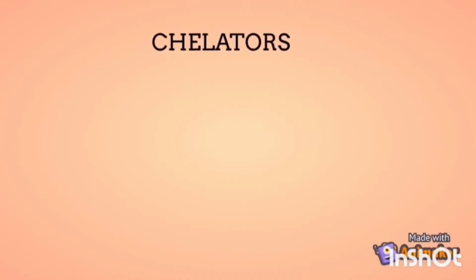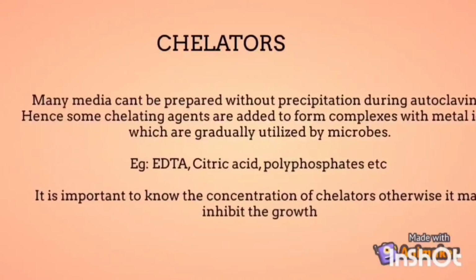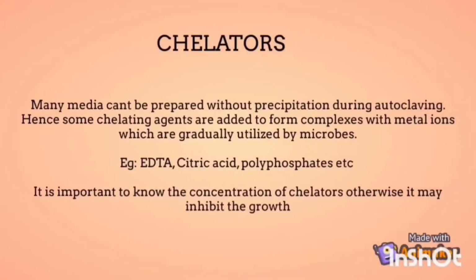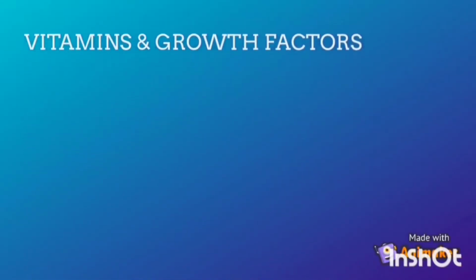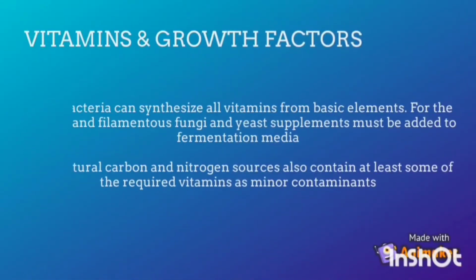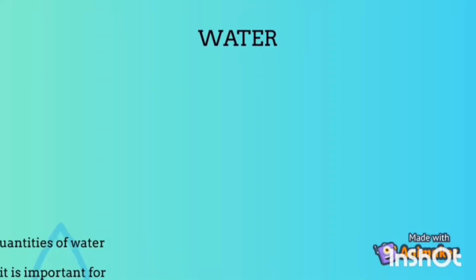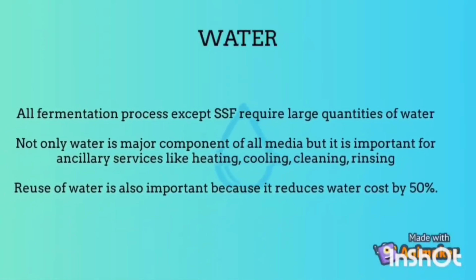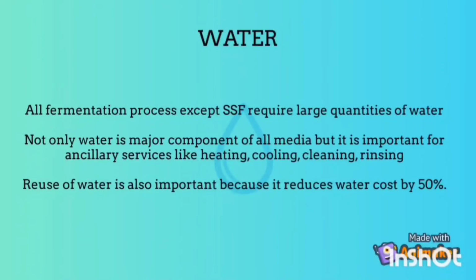Chelators. Many media can't be prepared without precipitation during autoclaving, so chelating agents are added to form complexes with metal ions. Example: EDTA, citric acid. Vitamins and growth factors. Bacteria can synthesize all vitamins from basic elements, and for some, supplements must be added to fermentation media for good growth. Water. It is not only a major component of all media, but it is important for ancillary services like heating,